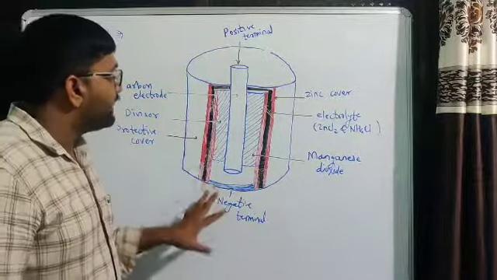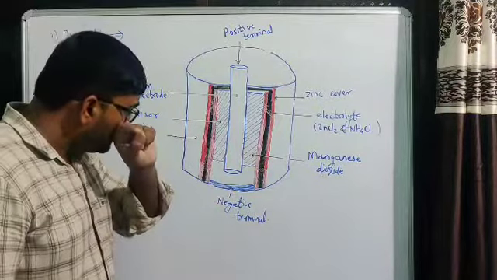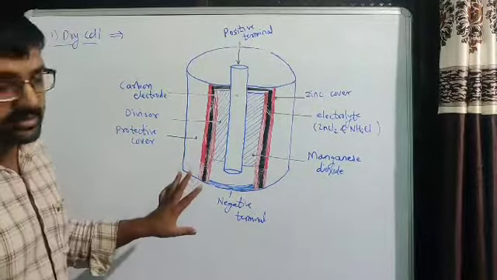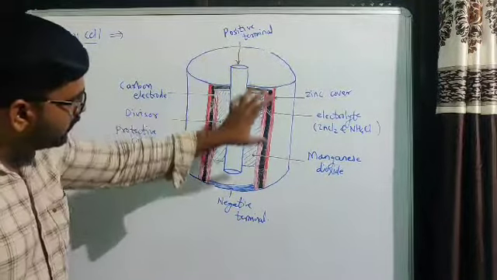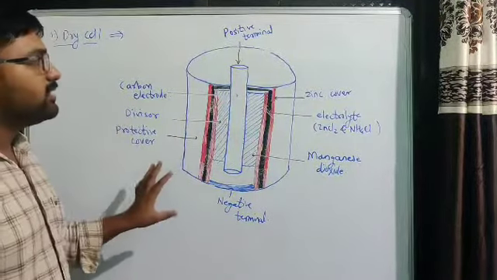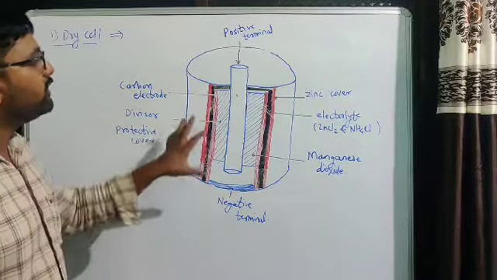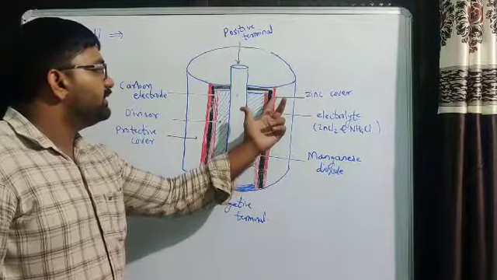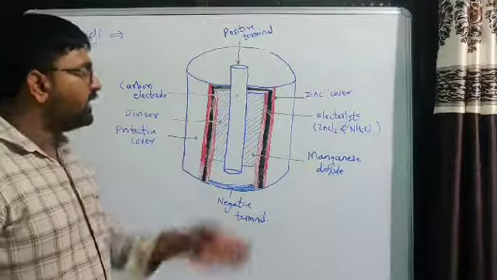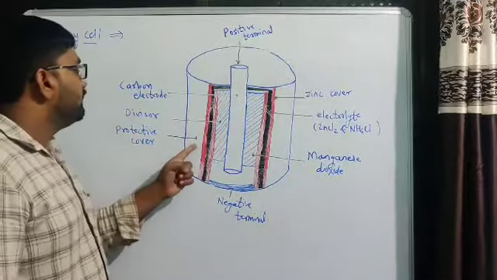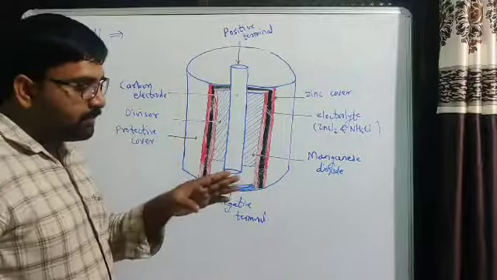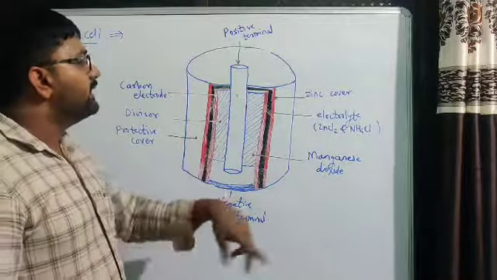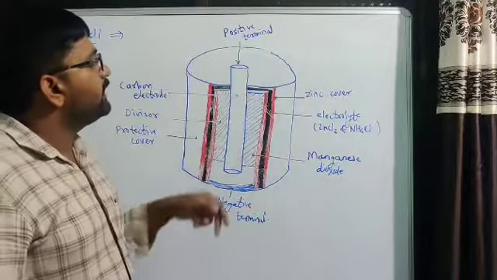Drawing the diagram of this dry cell is always asked in examinations. So you have to try to draw this diagram, and generally try to remember the function of the different parts. The zinc cover is present, that is the first layer. If you break the protective outside cover, then we find the zinc layer, and below the zinc layer we find the electrolyte.